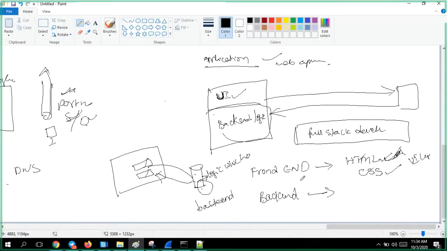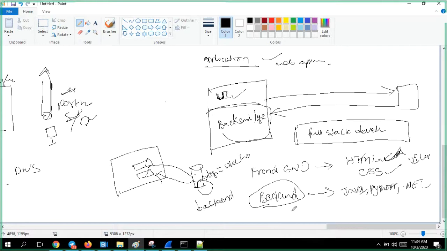It is the logic which is written. So you can select Java, Python, .NET. All these things come under backend. Okay, guys, clear?